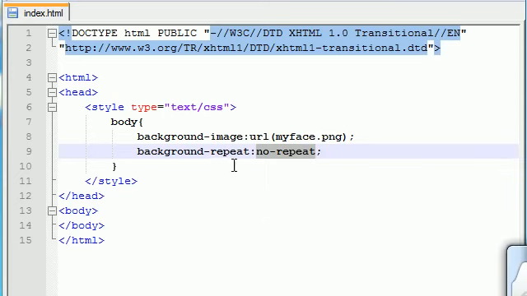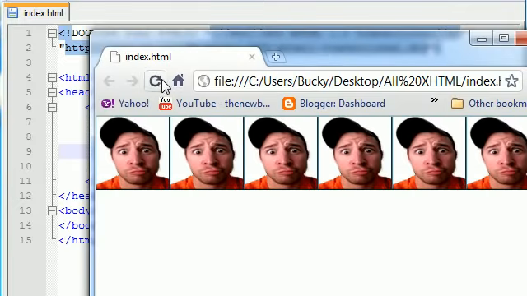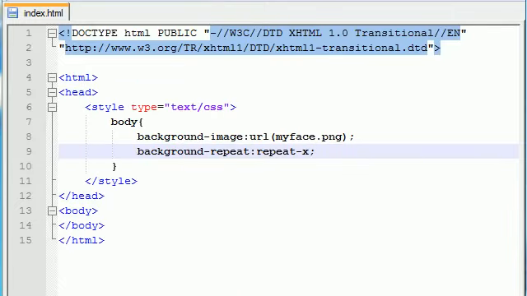So you can do that using the same background-repeat property, but instead of no-repeat, go ahead and change it to repeat-x, and this is going to tile it, let me show you, left and right on the x-axis. The x-axis is left and right, y is up and down, and z is forward and backward. But since we're working with a computer screen, we don't have z. So, just a little tidbit of information. So that tiles it left and right. Y, if you repeat it,